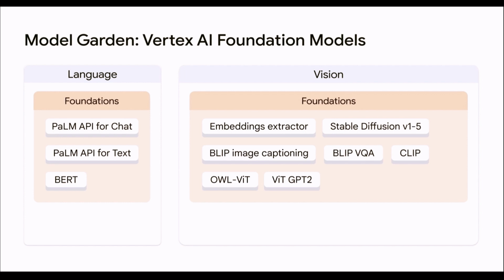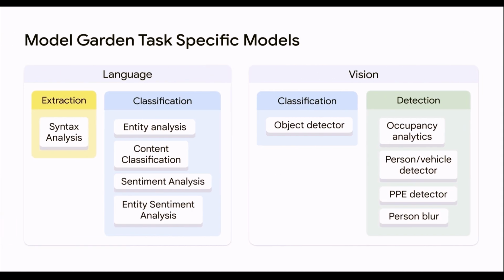Vertex AI offers a model garden that includes foundation models. The language foundation models include PaLM API for chat and text. The vision foundation models include Stable Diffusion, which has been shown to be effective at generating high-quality images from text